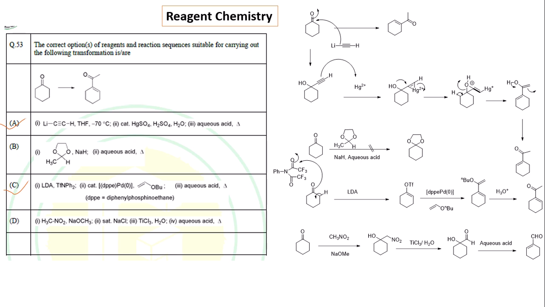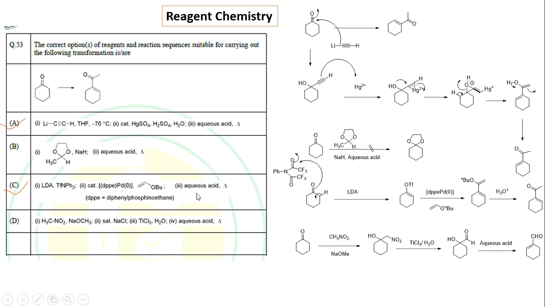Next is the reagent chemistry problem. In this reagent chemistry problem, the conversion is the Rupe rearrangement, where the lithium containing compound, acetylide, can add to the carbonyl, followed by the mercury addition, and then the elimination of this alkene produces the alpha beta unsaturated carbonyl